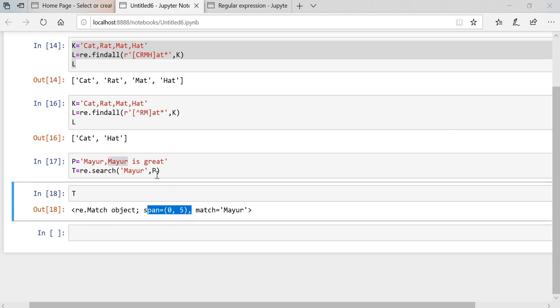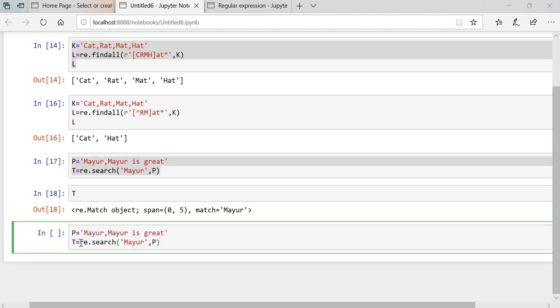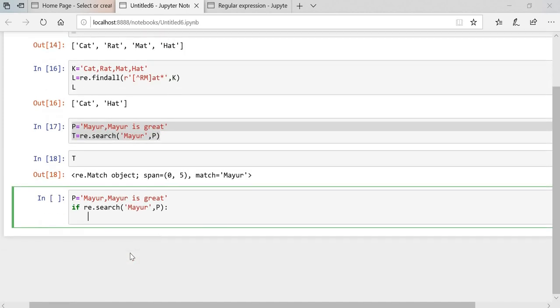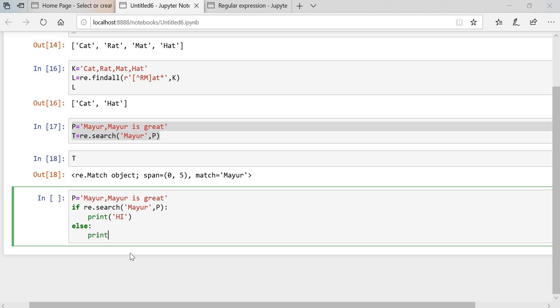We'll take the same example in this. Consider if t, then print hi, else print else.